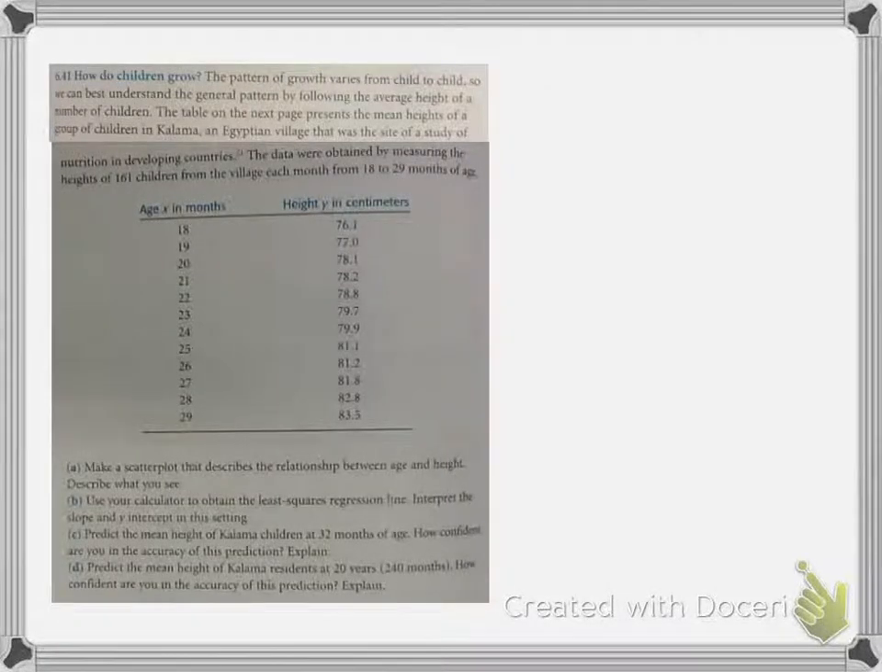Okay, so this is chapter 6, number 41. The directions say, the pattern of growth varies from child to child, so we can best understand the general pattern by following the average height of a number of children. The table on page 390 represents the mean heights of a group of children in Kalama, an Egyptian village that was the site of a study of nutrition